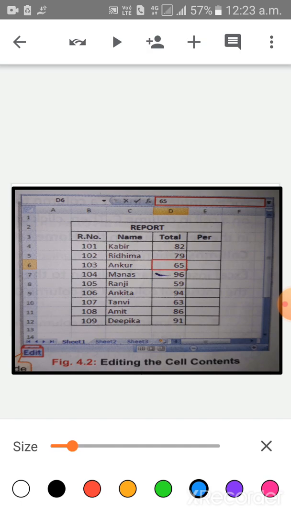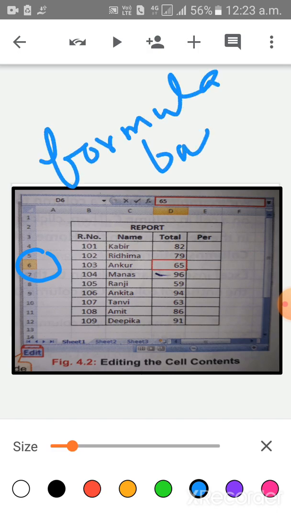Children, select the cell D6. Double click on the cell to edit it. The data is also displayed in the formula bar. The insertion point will blink in the cell. Note that the edit mode is indicated on the left side of the status bar.